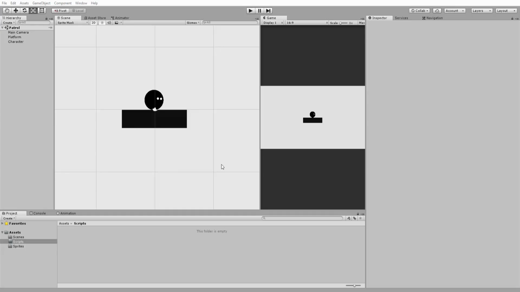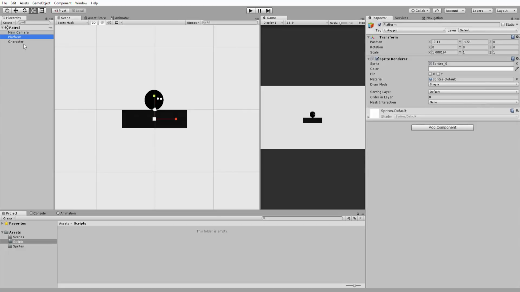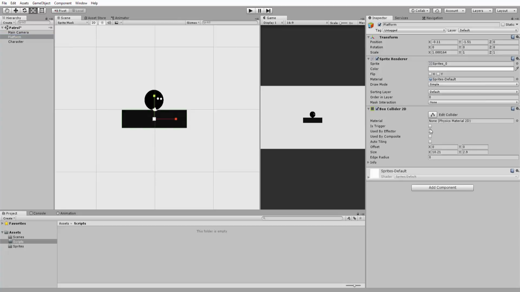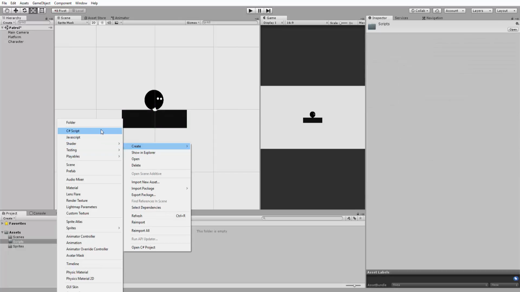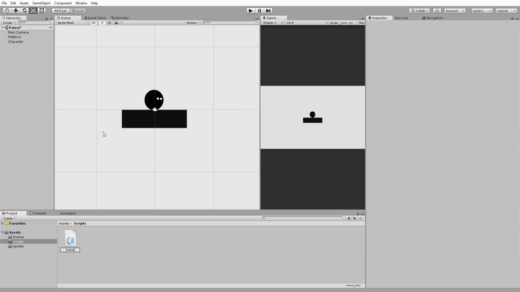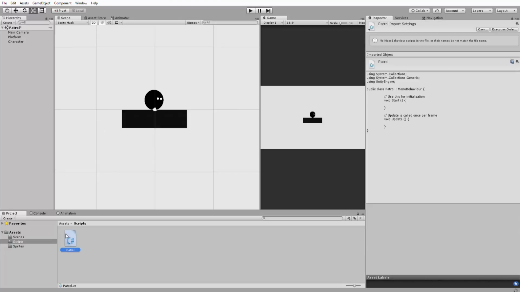Like with many of my game dev C# videos, I'm using simple placeholder graphics as to keep things nice and clear. In this case, I have this bland black square and a circle with two white eyes. Grabbing my platform, I'll add a 2D box collider and leave all of its settings at default. With that done, I'll create a new C# script, call it Patrol, and open it up